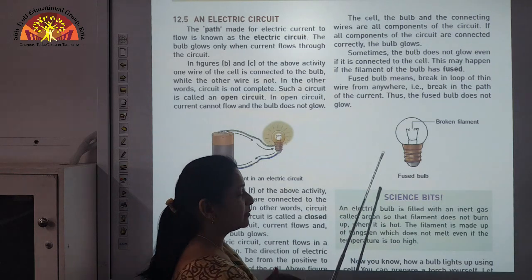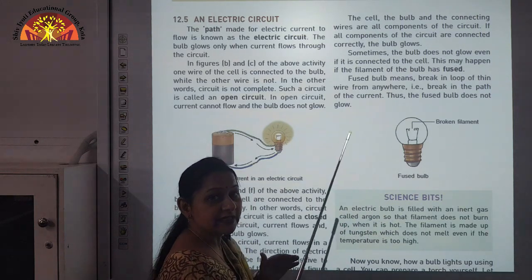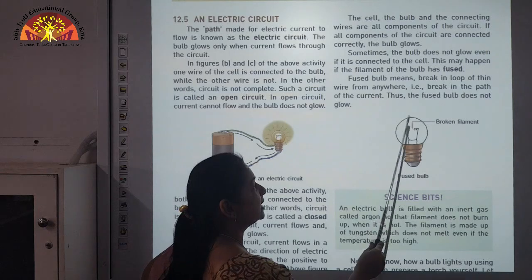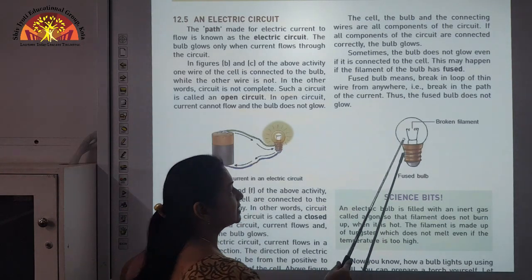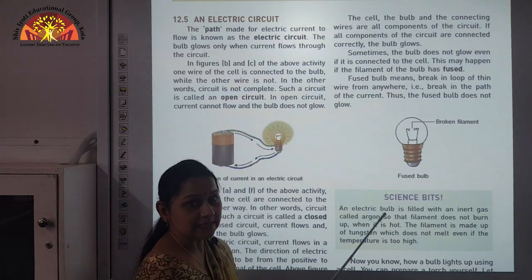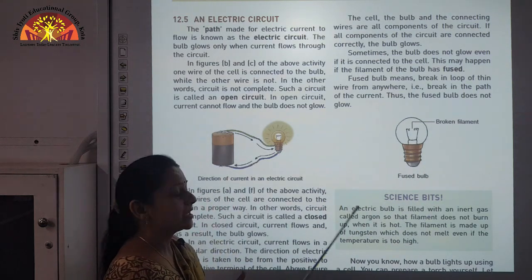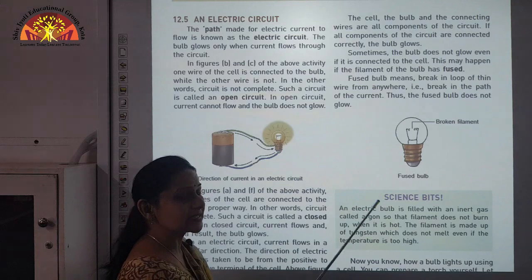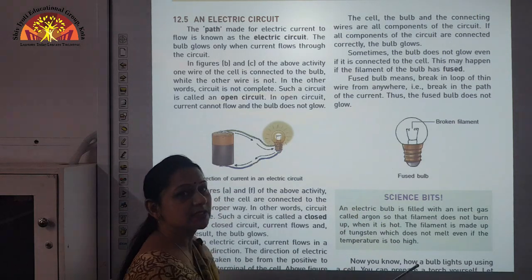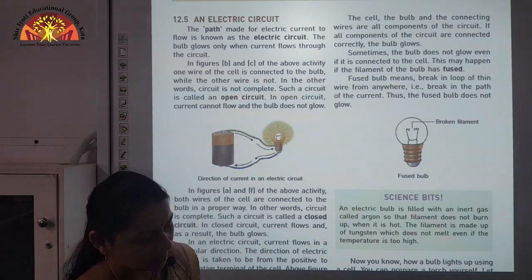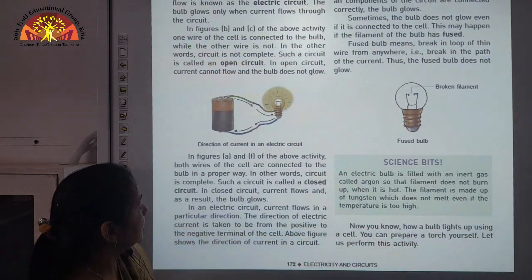And this filament is made up of tungsten. This tungsten is a metal which has a very high melting point, so that when the current passes through it, it does not melt.